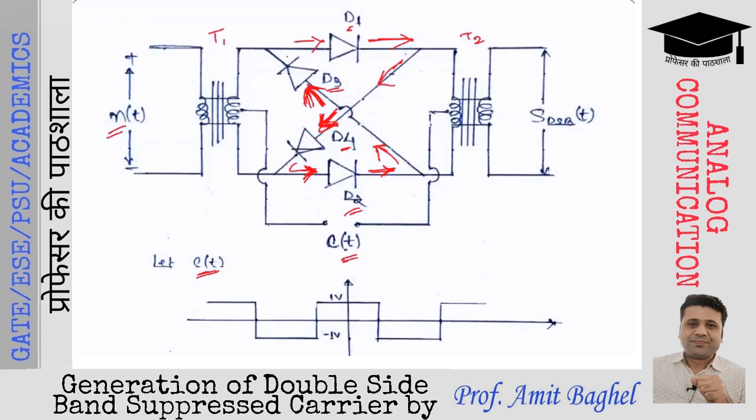Now let us take a note of some points. The point number one, we'll consider the diodes as ideal. That means diode will not have a threshold voltage. Diodes will be switched on when even a positive millivolt is applied at the positive terminal of the diode. So it will work as an ideal diode. And note number two, that the transformers are center tapped and one-to-one type. So we are not going to apply a step up or step down transformer. The winding ratio is 1:1.